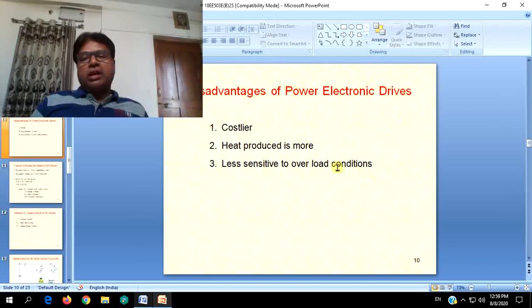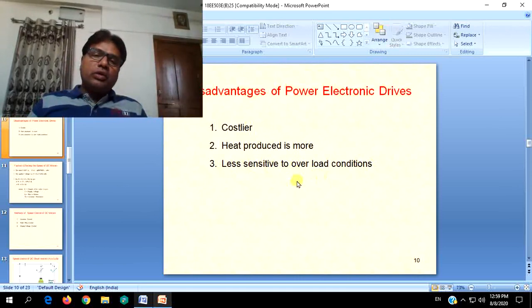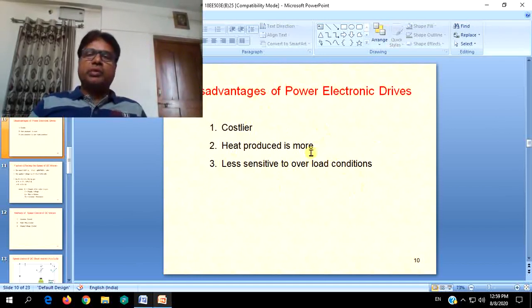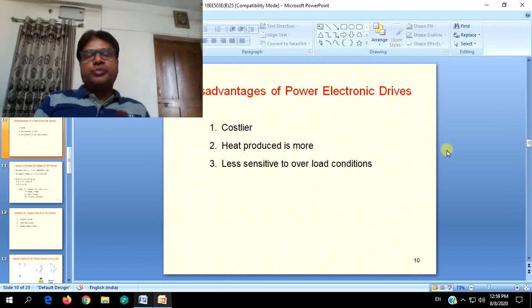Power electronic drives are less sensitive to overload conditions, or when the load is operating under lower load conditions, the response times are less, they become less sensitive. Electric drives are better, and conventional drives are even better when compared to power electronic drives to take overloads. So that is the concept of conventional drive, electric drive and power electronic drives, and the speed control aspects, how the speed control can be achieved in case of DC motors and AC motors.